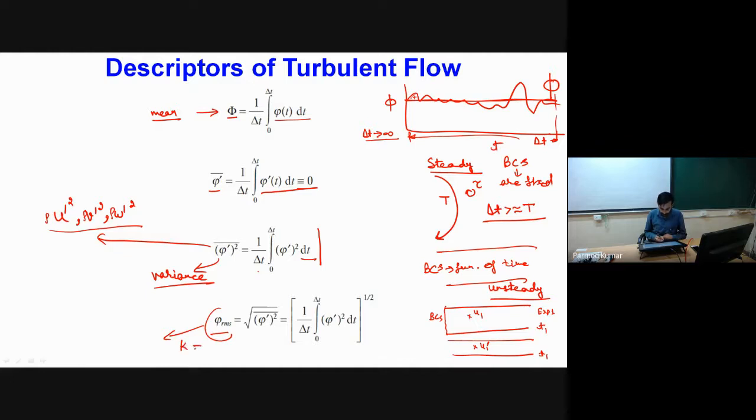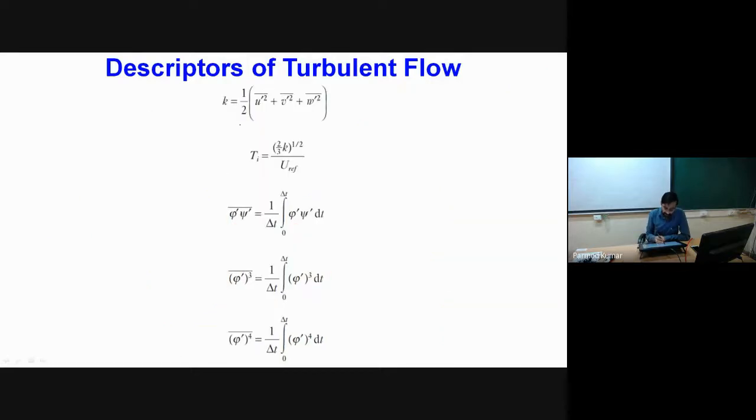We define turbulent kinetic energy per unit mass as nothing but half of u dash square plus v dash square plus w dash square, and bar also we will be considering. So that is something which will become the basis. The root mean square value will become the basis for defining the turbulent kinetic energy. So this is what I have shown over here, turbulent kinetic energy.